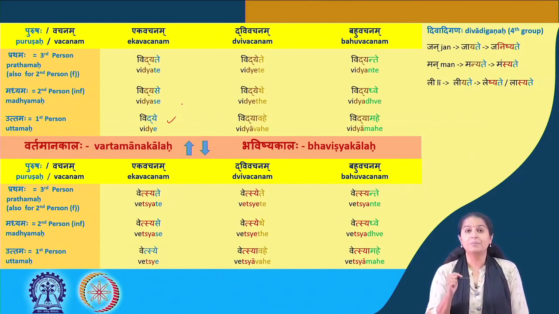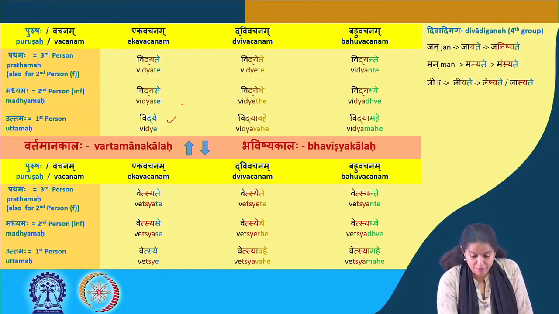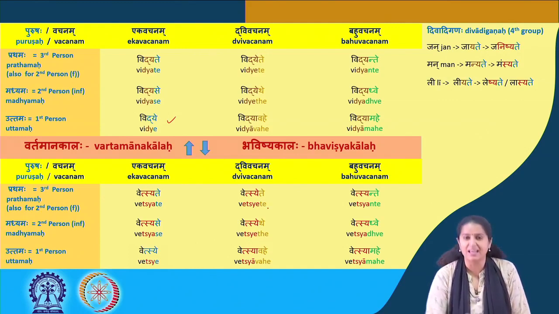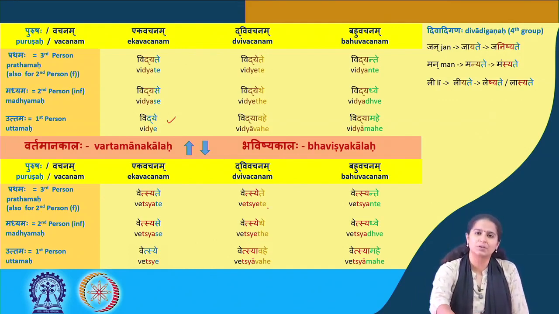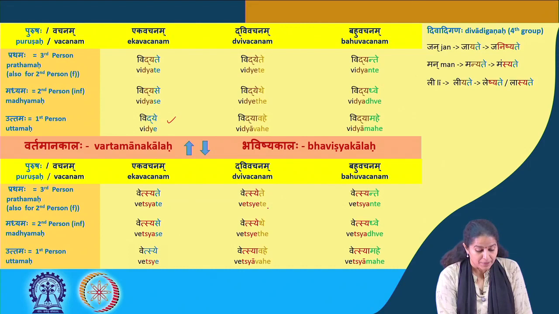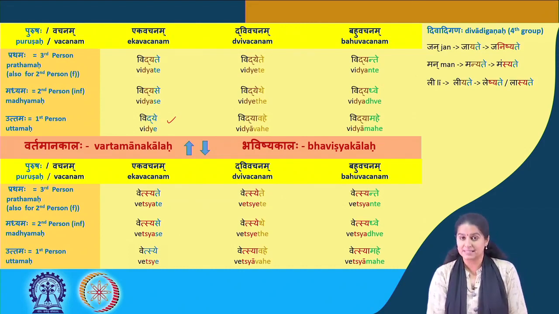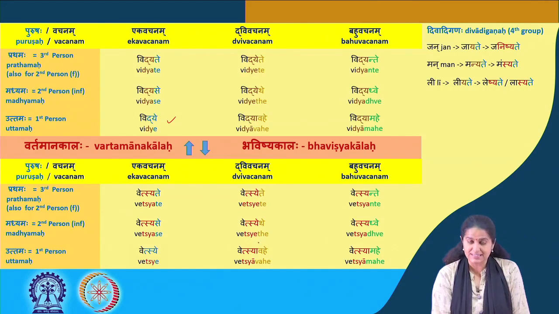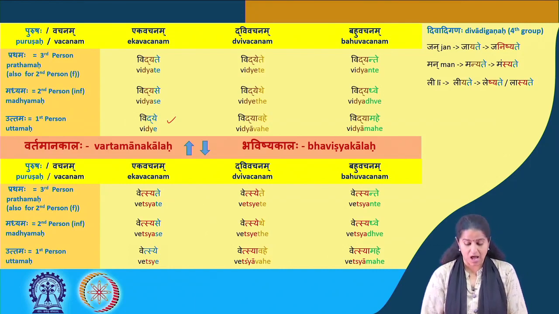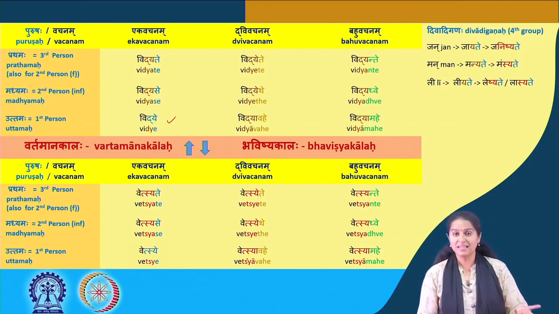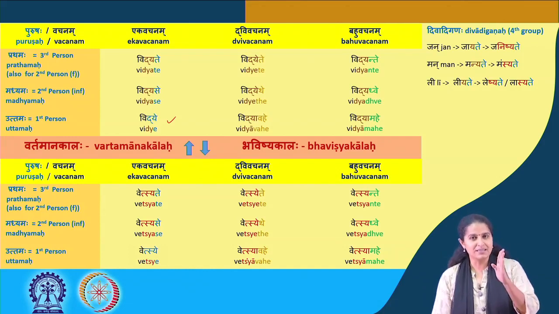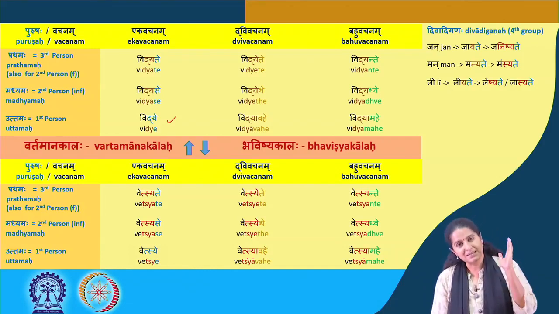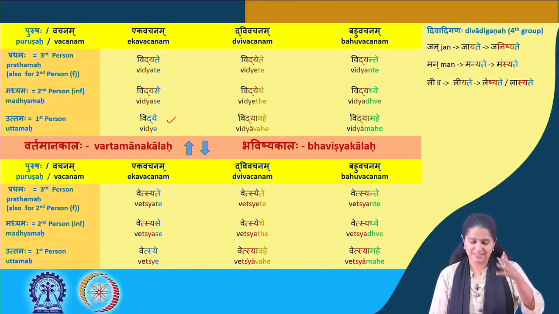What do you say? Vidyate becomes vetsyate, vetsyete, vetsyante. So vidyete becomes vetsyete. We've always found this similarity between the Vartamana and the Bhavishya Kala, and you find that also reflected in the Atmanepadi. So vetsyate, vetsyete, vetsyante, vetsyase, vetsyethe, vetsyadhve, vetsye, vetsyavahe, vetsyamahe. So ved normally here becomes seer. So ved plus the seer of the Bhavishya become vetsyate.